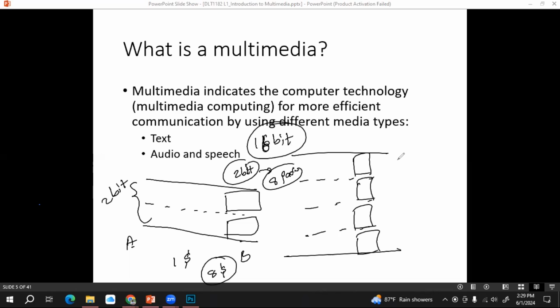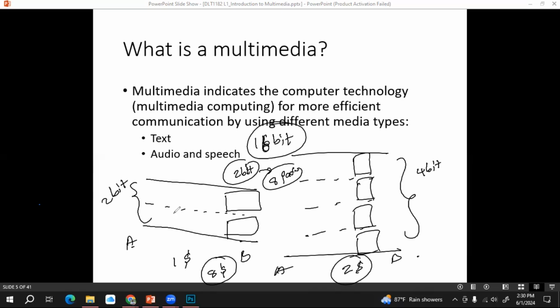Then let's say you are using 4-bit bandwidth. Then it only needs 2 seconds, because at the same time, in one second, we can send 4 bits from point A to B. Then it will take 2 seconds, right?